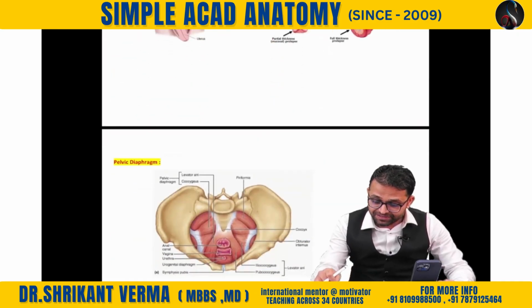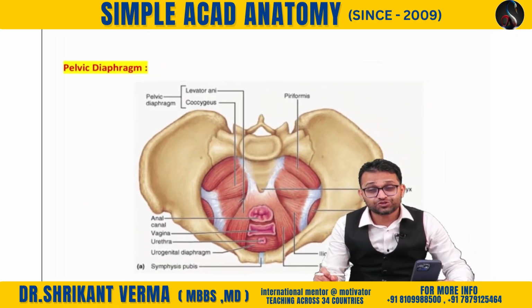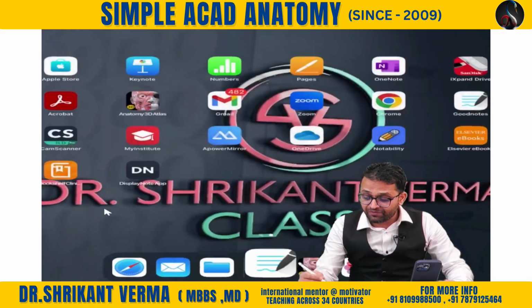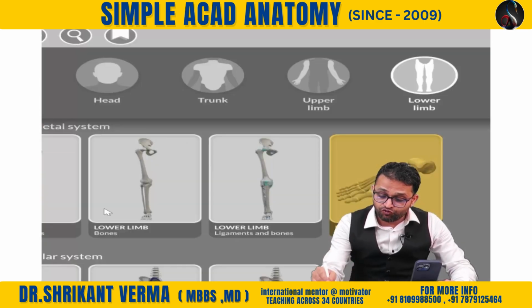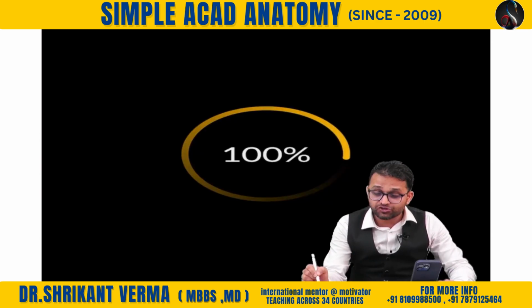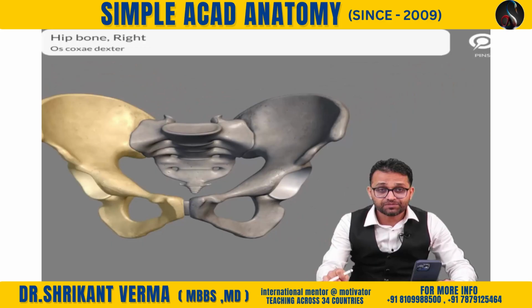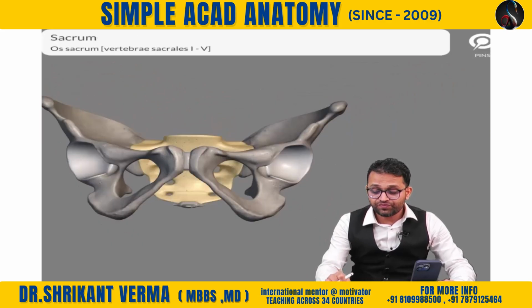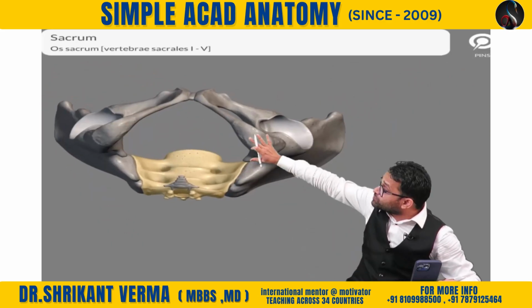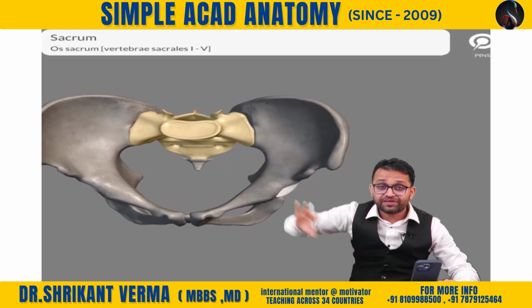Okay, sir. Yes. Now, this is the question related to the anatomy. So we are going to look for the pelvic diaphragm. Again, lal fool, neela fool, anatomy, beautiful. Can you see? Right hip bone, left hip bone, sacrum. So we had seen the boundaries of the perineum from this view. Now we are going to see the pelvic cavity from this view.